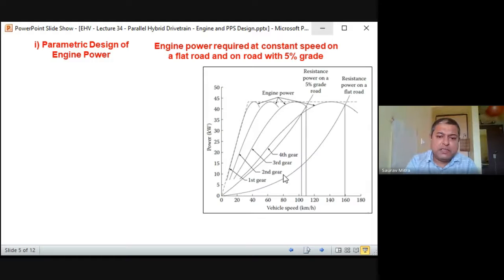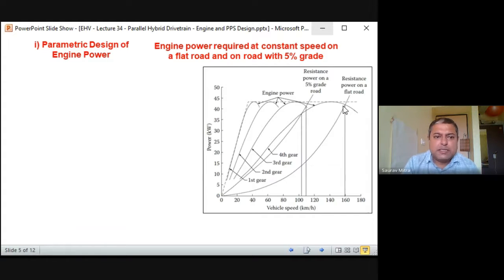So in the fourth gear, if you see, this is the resistance of the flat road, and the fourth gear and this flat road resistance, they cut almost at 160 kilometers per hour. So this is the maximum speed you can get from the engine if the vehicle is on the flat road. If there is a gradability, in that case this is 103. This is the cut between the fourth gear and the graded road, and if it is a flat road, it is 160 kilometers per hour. So graphically we can say that on the flat road, the fourth gear speed can be higher. Okay. So we know all these concepts by our common sense, but this is how to represent it graphically.